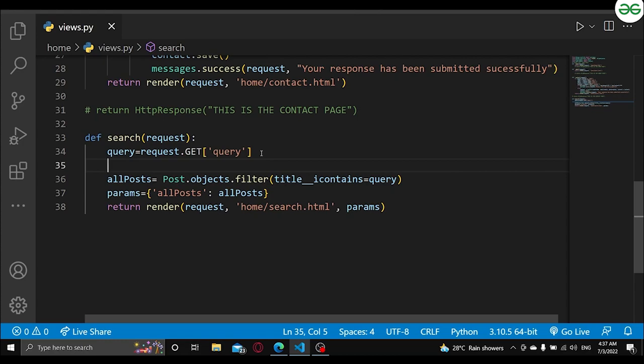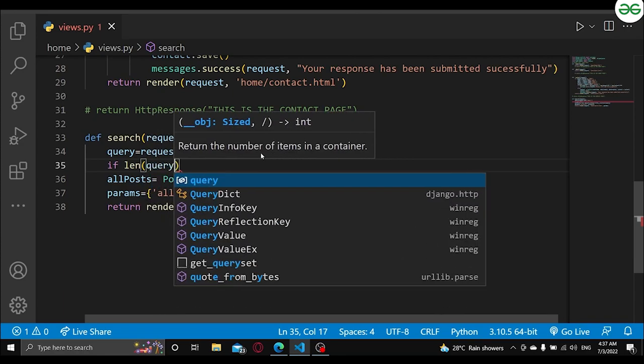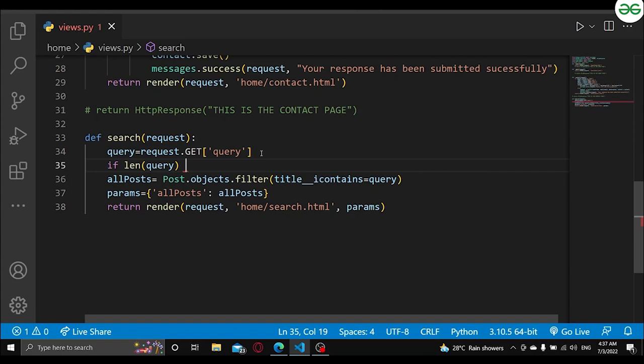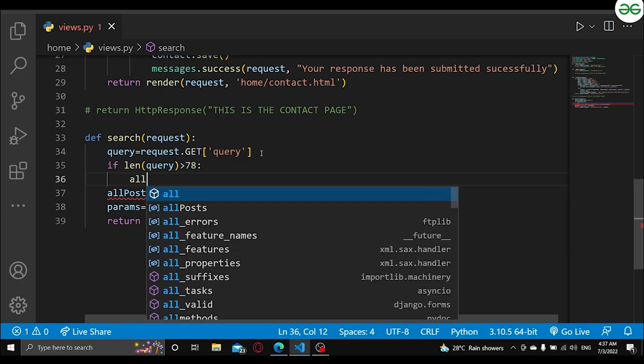If the length of our query is greater than 78, by chance. By chance, if the length of our query is greater than 78, then all posts